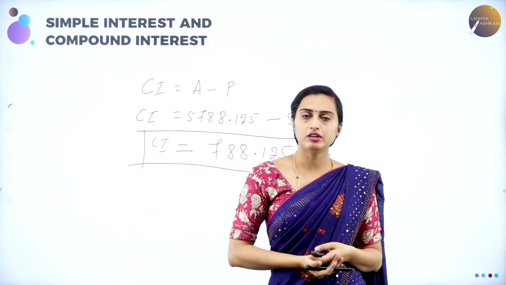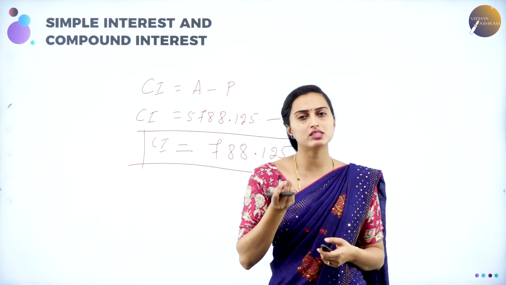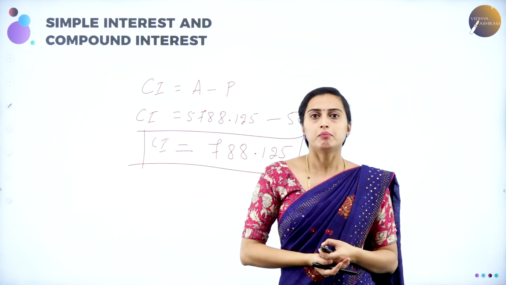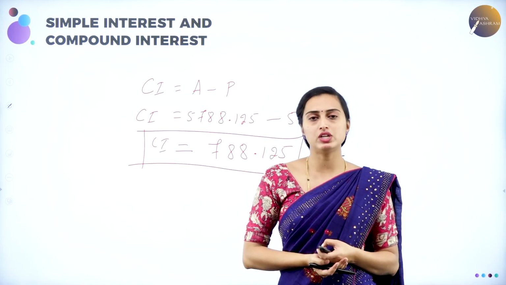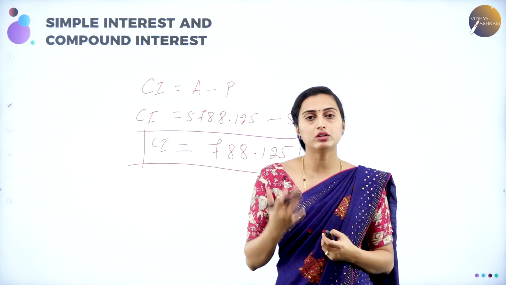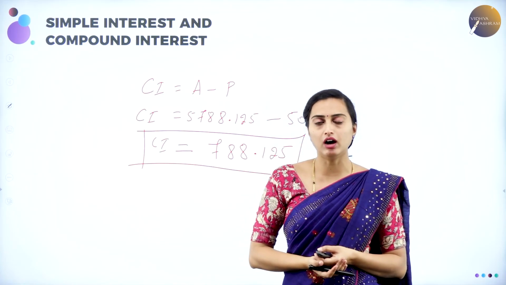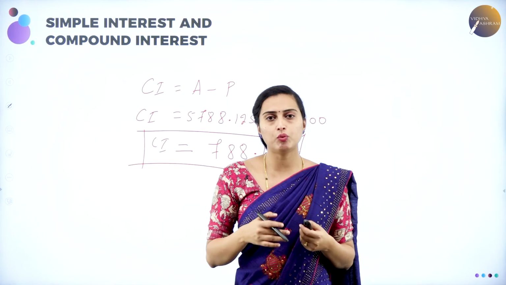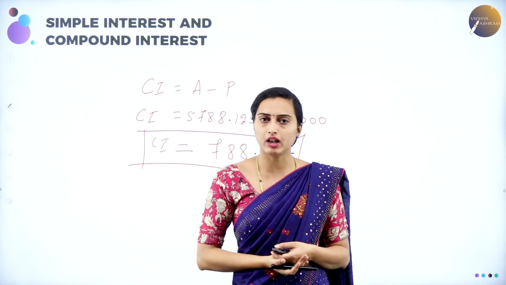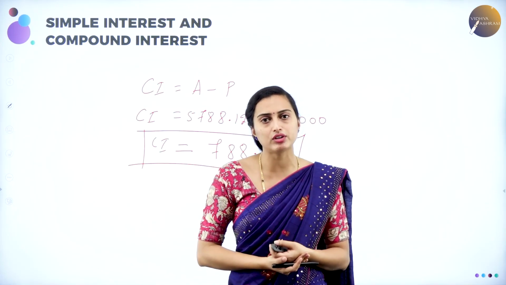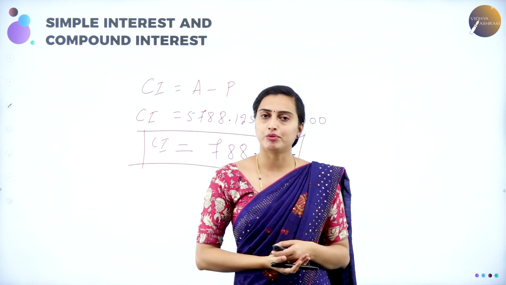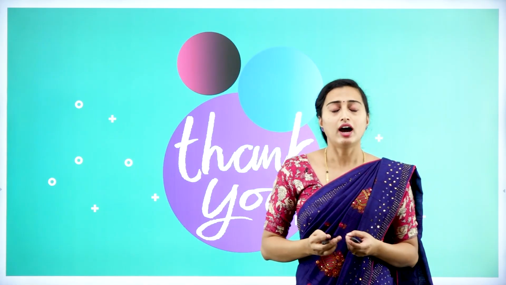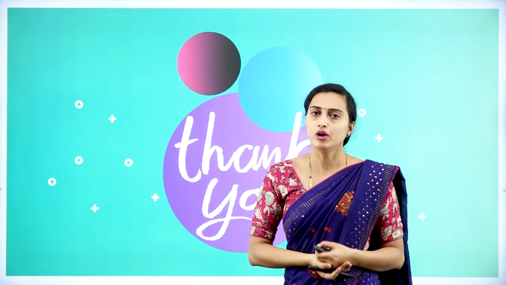I hope you understood all the problems using the same formula, depending on what they have asked in the question. According to what you know, a sum of amount means it will be amount A, and what they have asked will be equal to the principal amount, or they may ask you the rate of interest, or the number of years. Okay dear students, I hope you understood how to solve these problems by using the same formula, which I have taken from the exercise of your textbook.